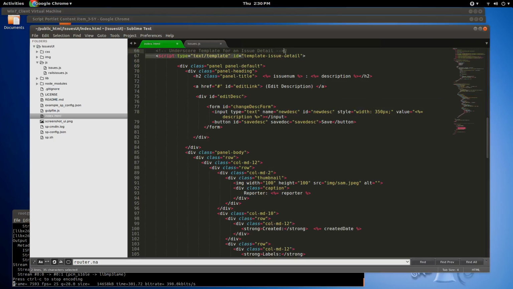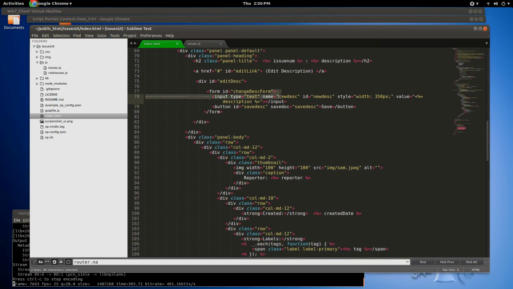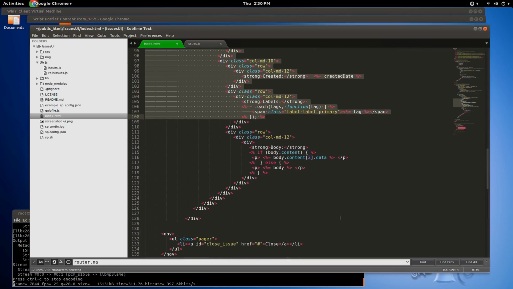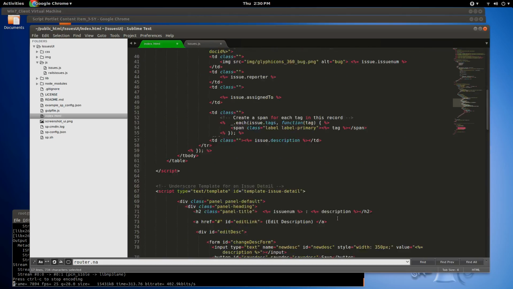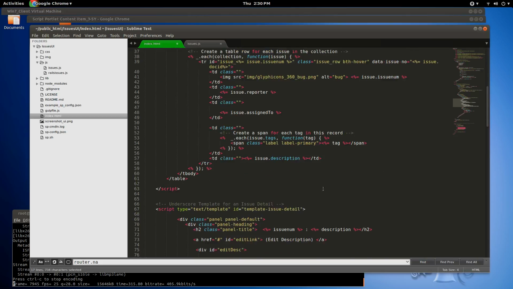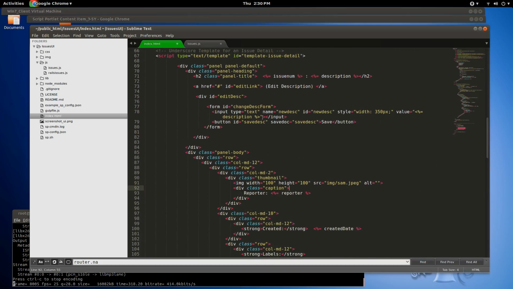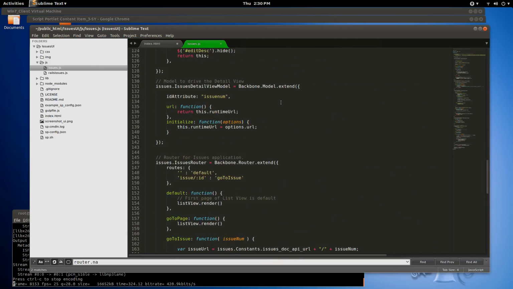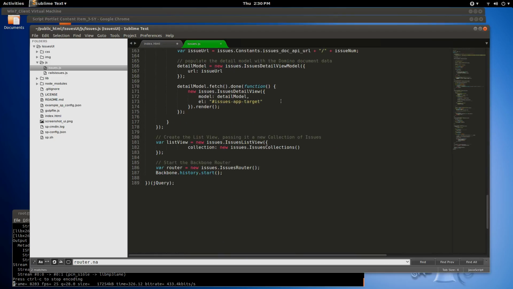I have a template for that. It's called Template Issue Detail. And again, I'm binding data to the page. Here's a hidden form that gets exposed when you click the edit button that you can type in a new description. Now, that's the two templates, the list of documents and the document details in Backbone.js. But let's look at some of the code that makes that work. I'm going to go way down here and show you that